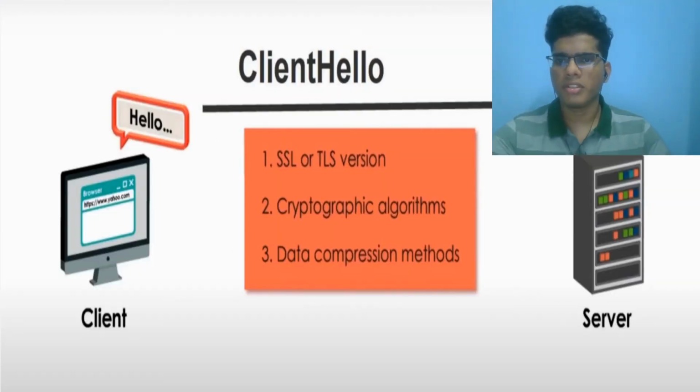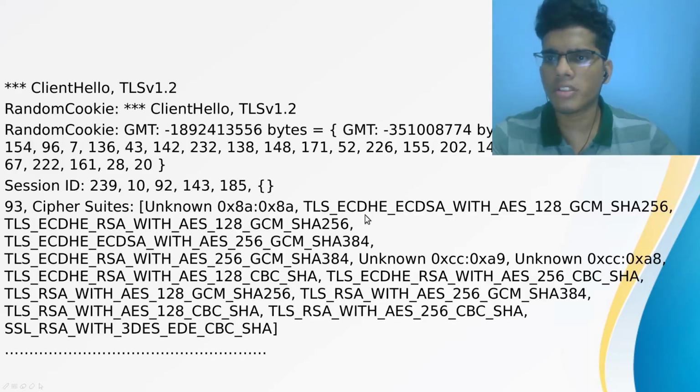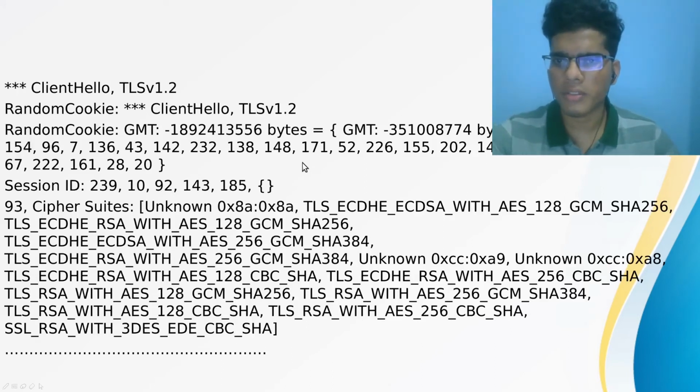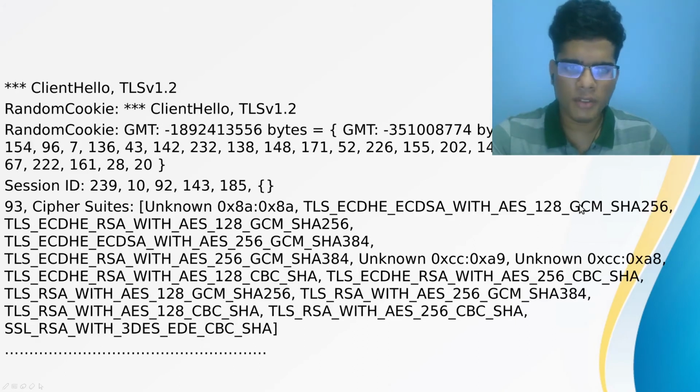client hello message. Client hello is just a terminology used for this step 1. Actually, it has 3 important pieces of data along with this client hello message. For example, this is a client hello message sent by a browser to a particular server. It has the version supported by the browser, TLS version 1.2, and another important thing, the cipher suite, which is an array of all the algorithms which the browser can support. As you can see, AES is a very famous symmetric algorithm.